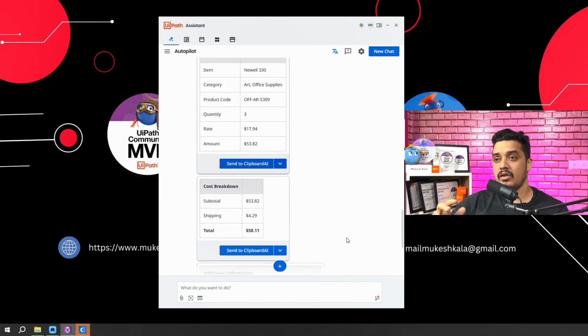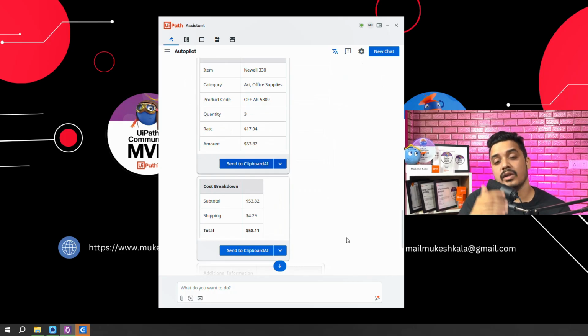More power to this comes in the picture when you have automations which are built, where you have a lot of capabilities, a lot of automations which are already built, and you are able to trigger that automation by just writing a prompt.